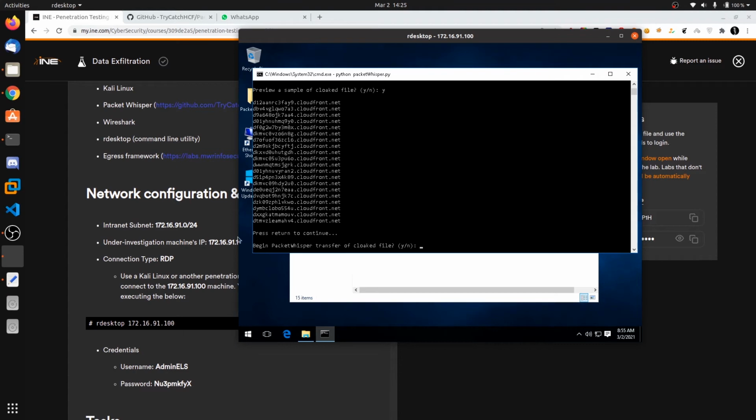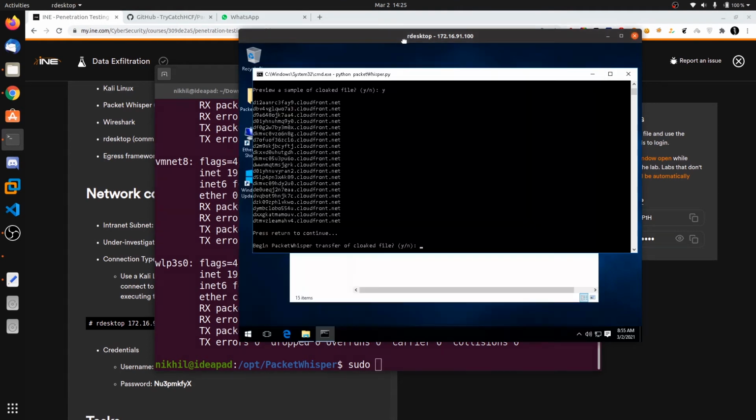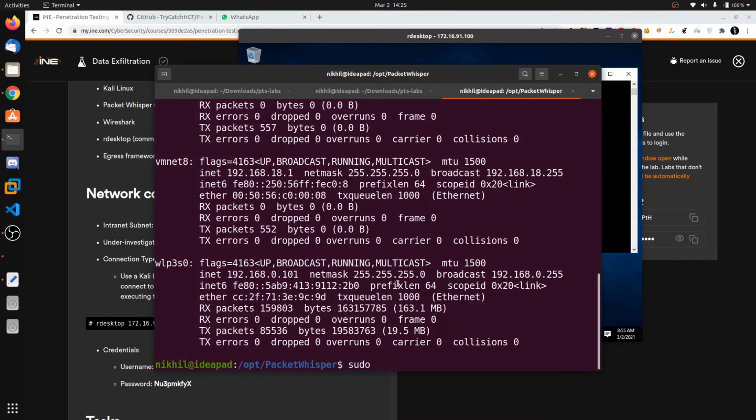Before this, we need to set up Wireshark, sudo wireshark, because all these DNS requests come from this Windows 10 machine to our Ubuntu machine. So we need to capture those requests and save them into a pcap file. So let's do that.